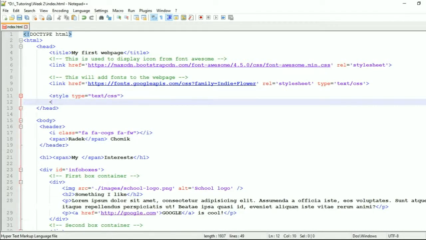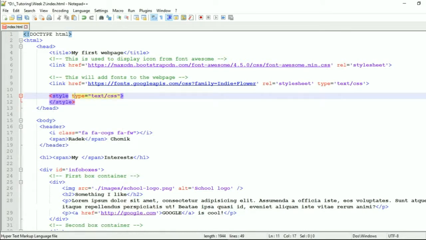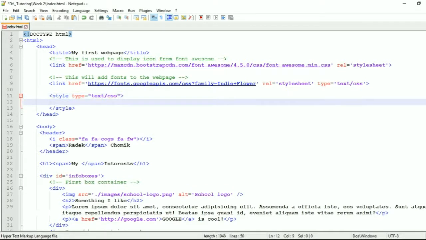Of course we need to close it. Just a reminder, please be careful when you type all commands and type them exactly as I do in order to